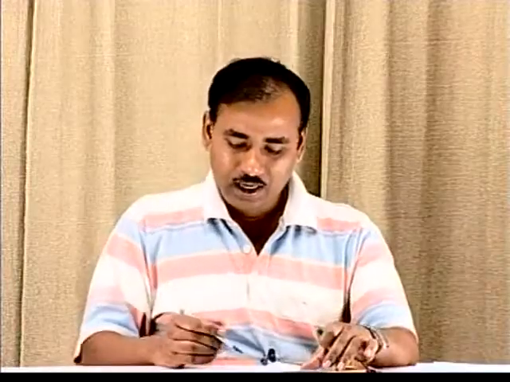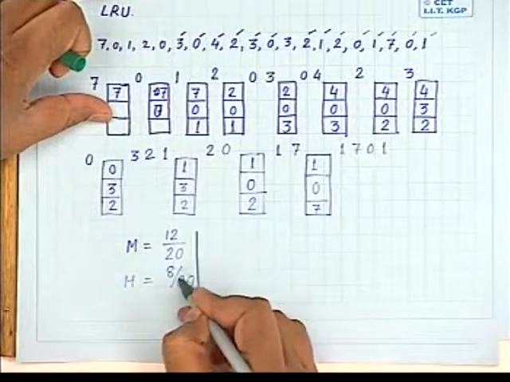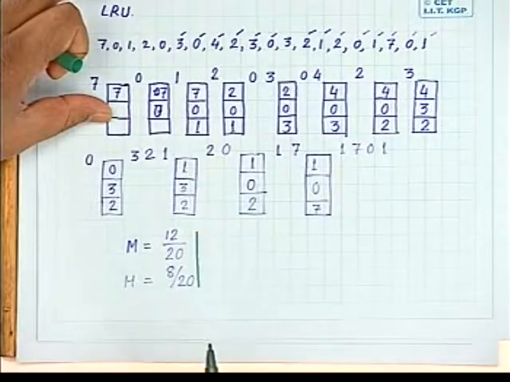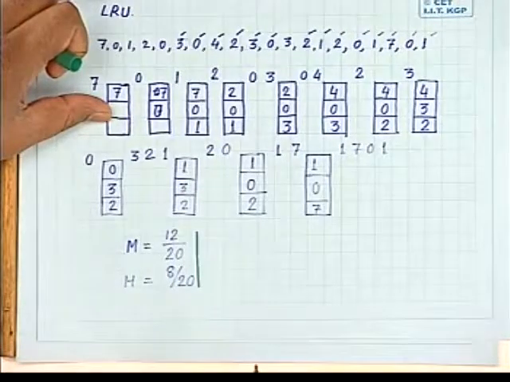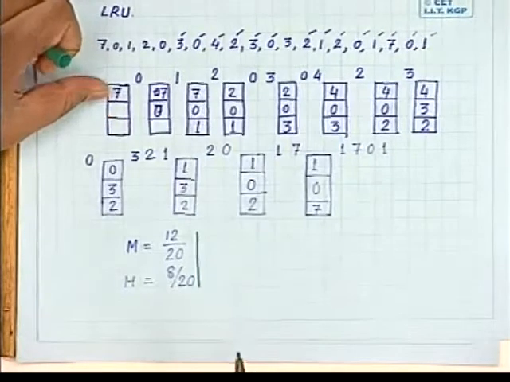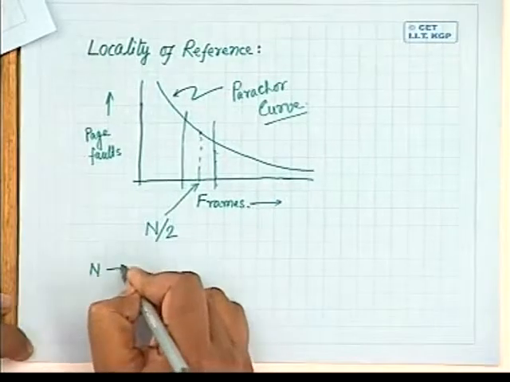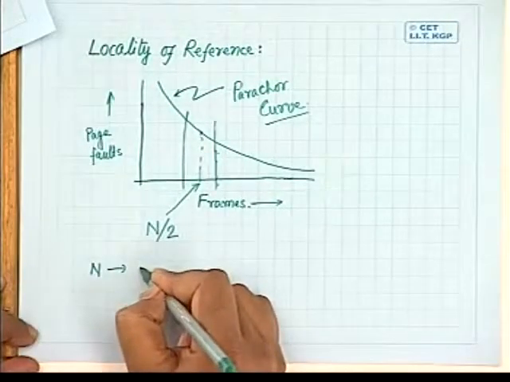Okay. So here we have found 2 quantities or 2 measures. One is the page hit ratio, one is the miss ratio. So how do we define hit ratio or how do we define miss ratio? If we have a total of say n number of page accesses during the lifetime of a process, so I have a total of n number of memory accesses,